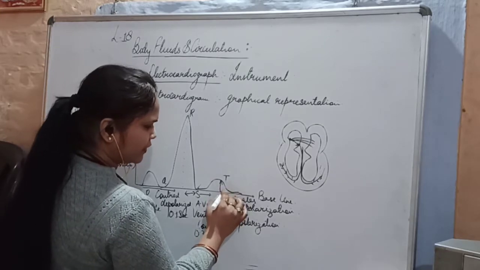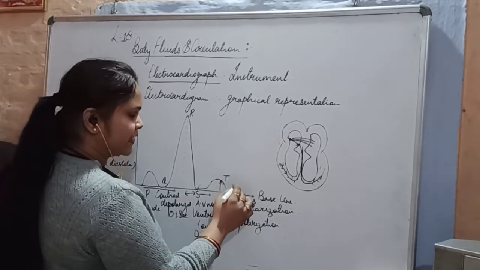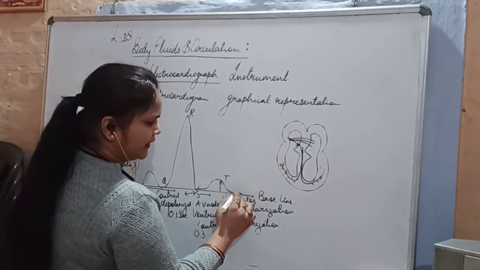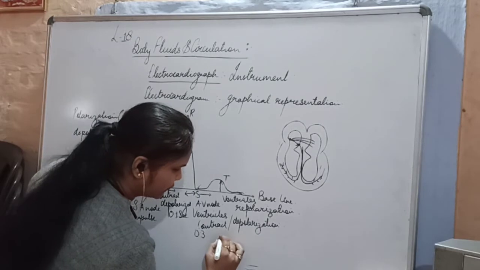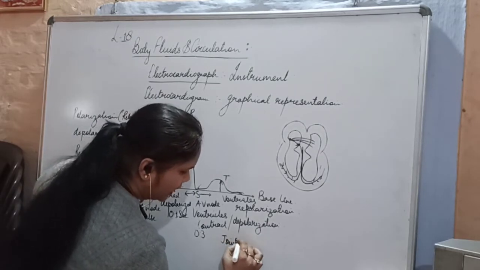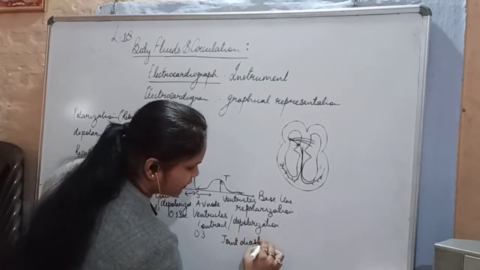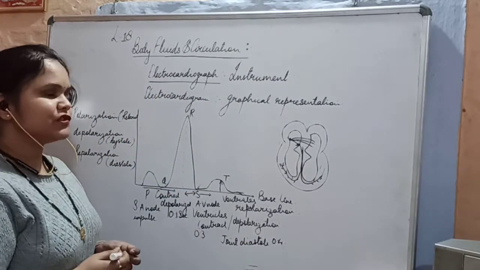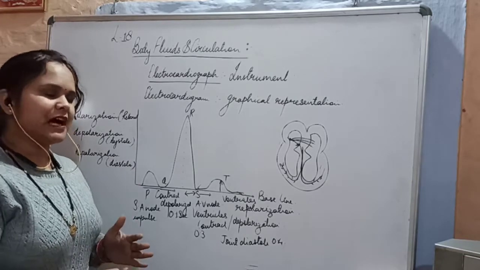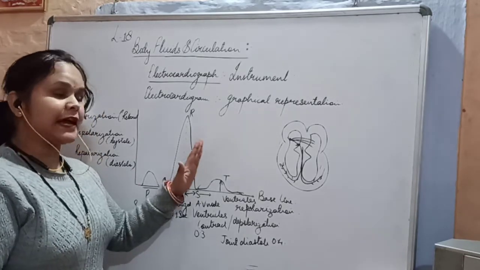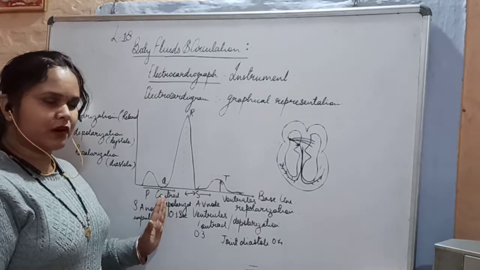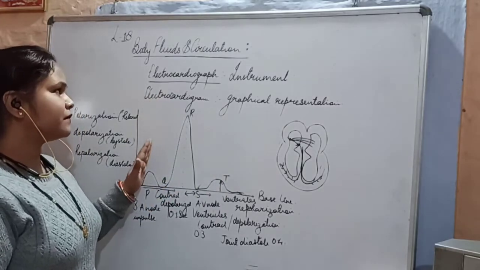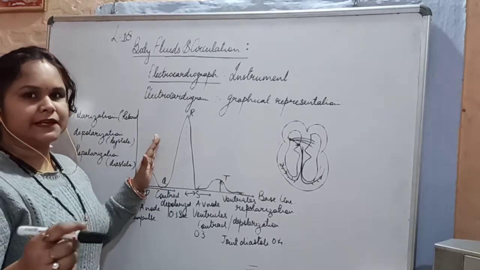And for both of them, after this, what is going to happen? Both the auricles and ventricles will be in a state of joint diastole. So the time period for the joint diastole to occur will be 0.4 second. So from this electrocardiograph, we can judge the working of the heart, how the heart is beating, what time period is required for the auricles to contract, for the ventricles to contract, and for the joint diastole. So with the help of this electrocardiogram, this activity is being judged.